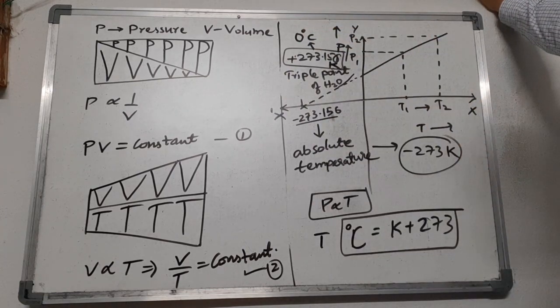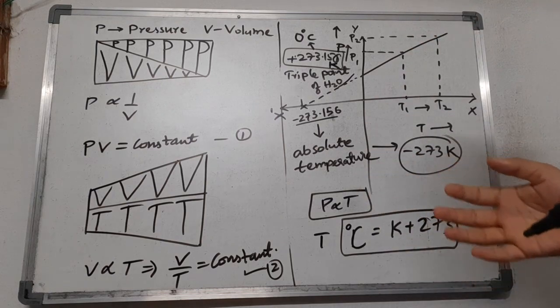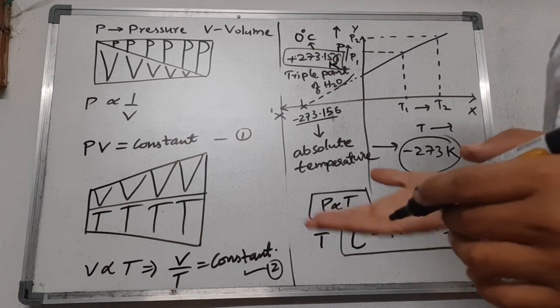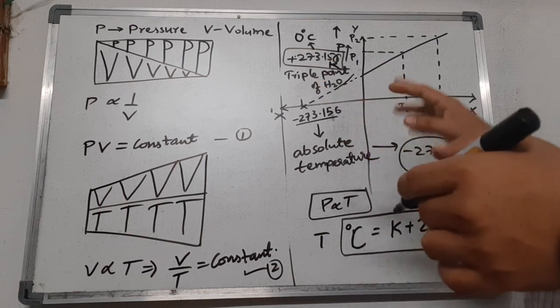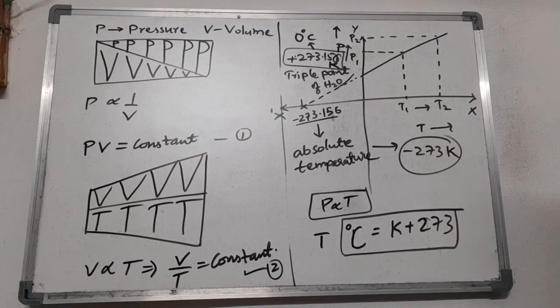At that time the water is melting. Melting means solid and liquid are both there. Liquid water is there, solid water is there, and due to the presence of atmospheric air, some of the water is also evaporating, so the gaseous state is also present. Three states are present at that point, so it is called the triple point of water.